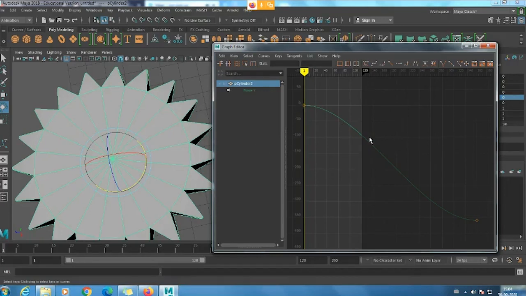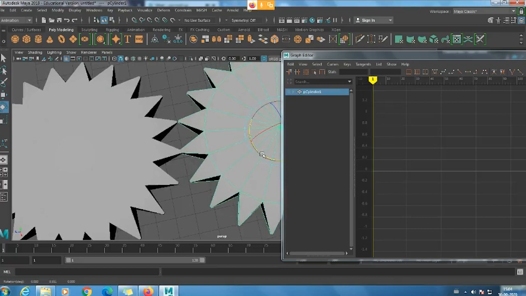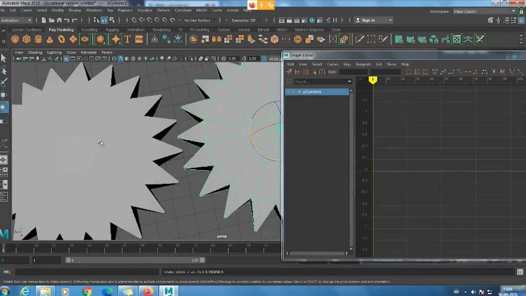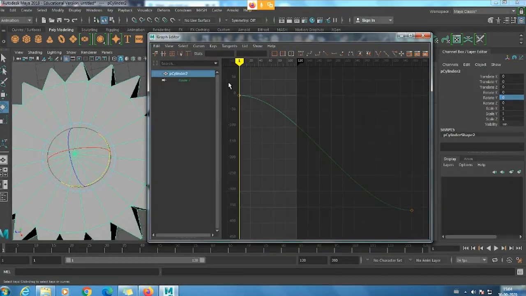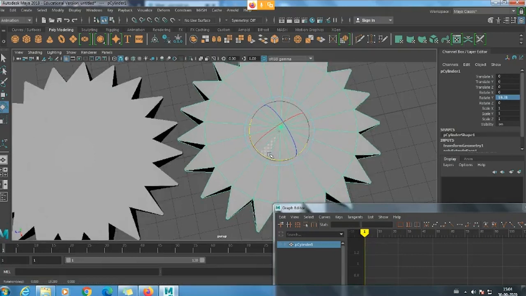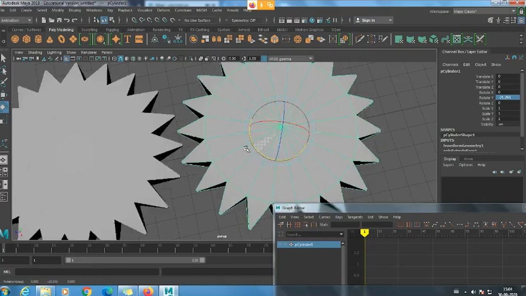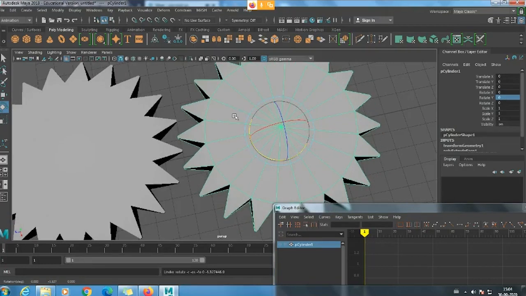If it is like this, when you just rotate, it will start to overlap. So make it a linear tangent. Select these two keyframes. Usually it will be in spline tangent, so change this to linear tangent. Once you click on linear tangent, it becomes straight. And here when you rotate, you can see it is starting from zero values. It will not overlap. So like this kind of animations, you can just do it here.